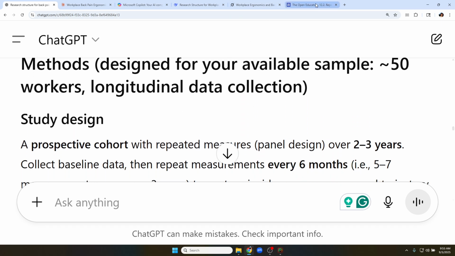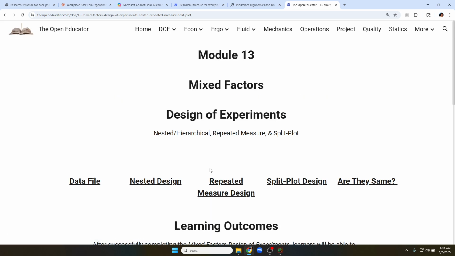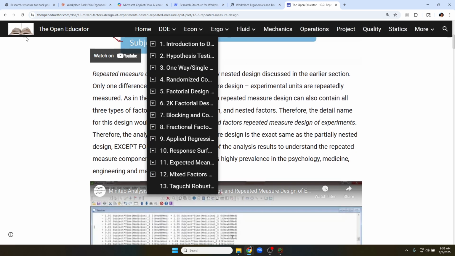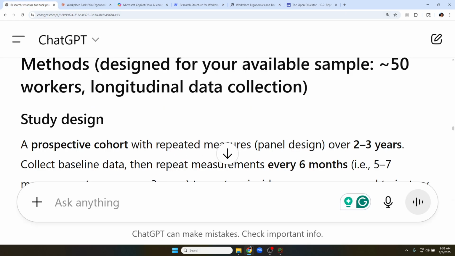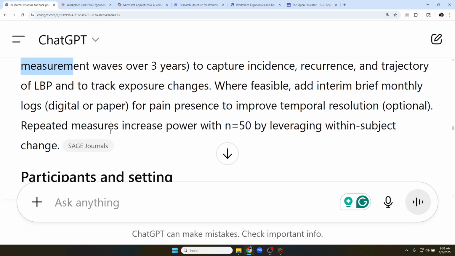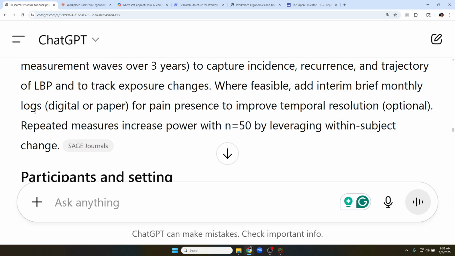And I have a textbook in design of experiment I wrote about 6 years ago, in chapter 12, mixed factor, repeated measure design. It's probably the exact same paragraph. It looks like it's copied from there. So it is just so textbook, so nicely done. And then I checked this paper. It was actually used in a paper published in 2023. So, you know,